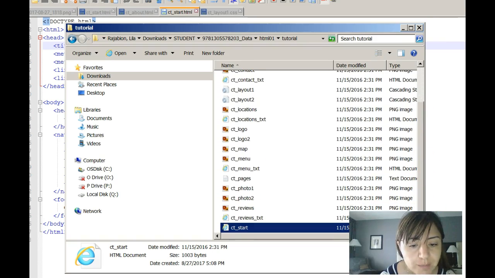Some of these documents are HTML documents. Some of them are PNG. These are the pictures that you might need for that page to show up. And then you have some text documents there. So what I want you guys to start with is this ct_start